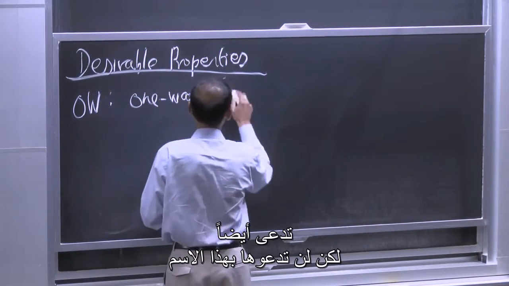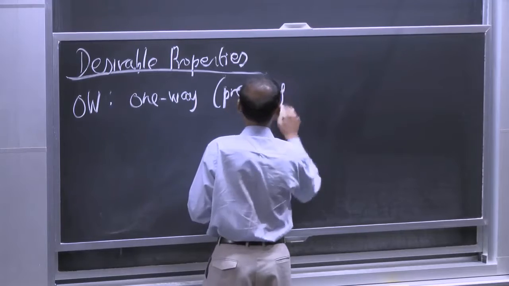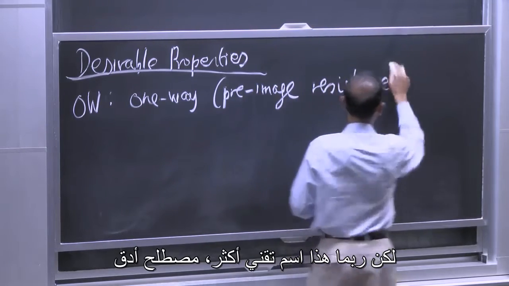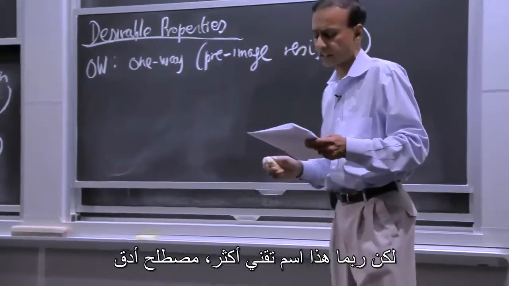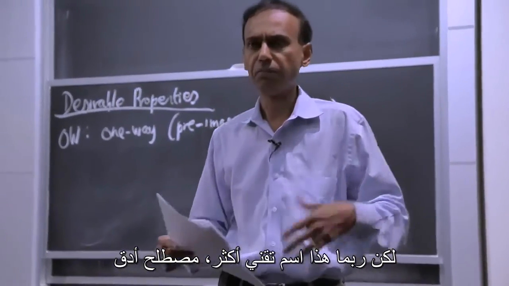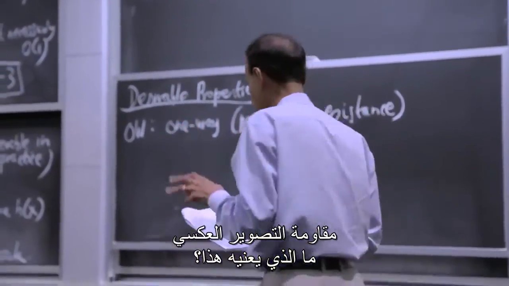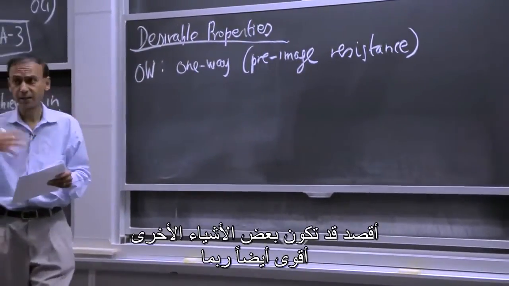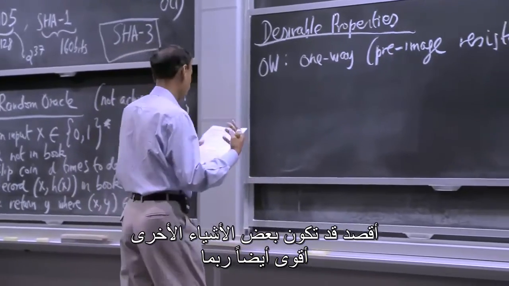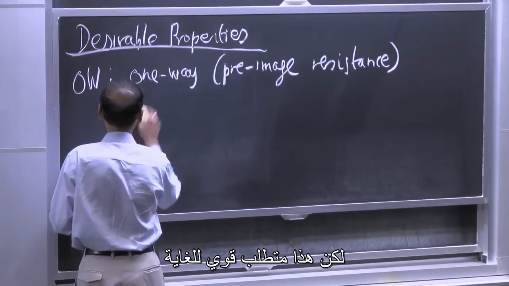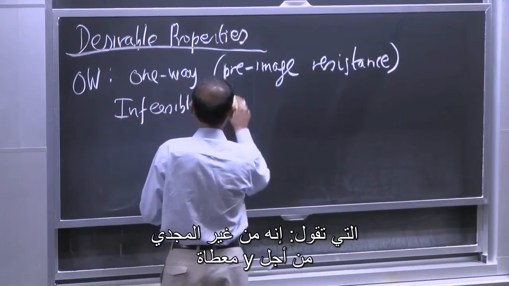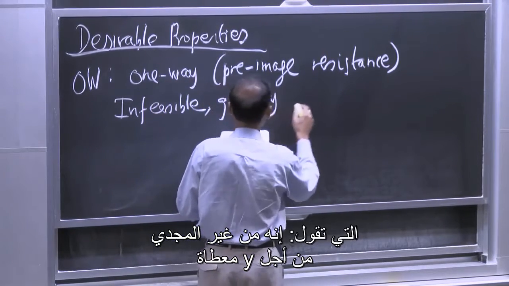It's also called, we're not going to call it this, but perhaps this is a more technical, more precise term, pre-image resistance. And so what does this mean? Well, this is a very strong requirement. A couple of other ones are also going to be perhaps stronger, but this is a pretty strong requirement which says it's infeasible, given y,